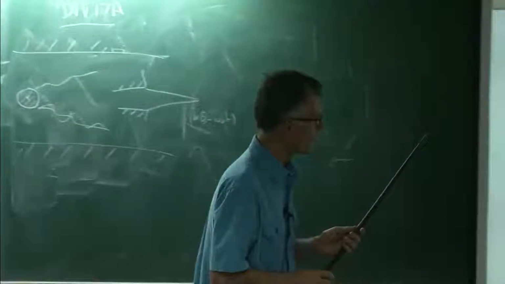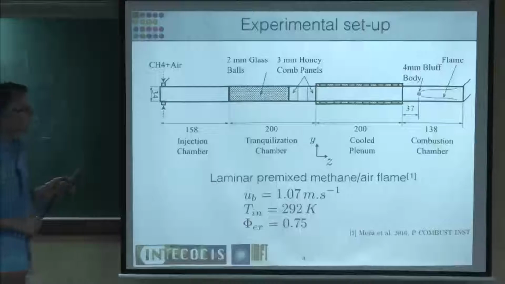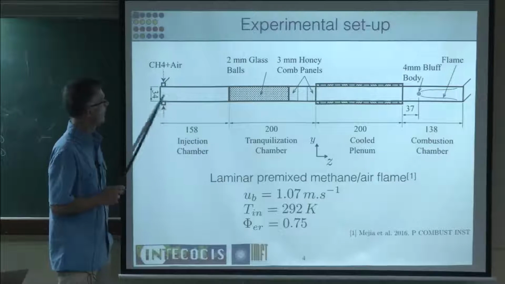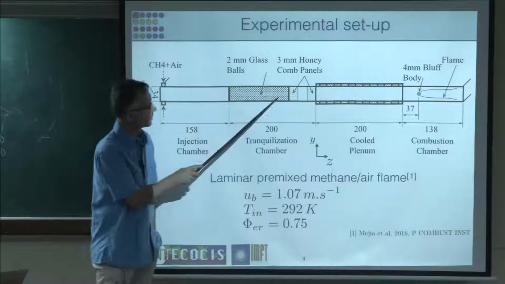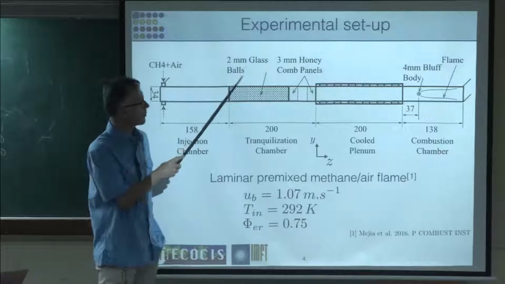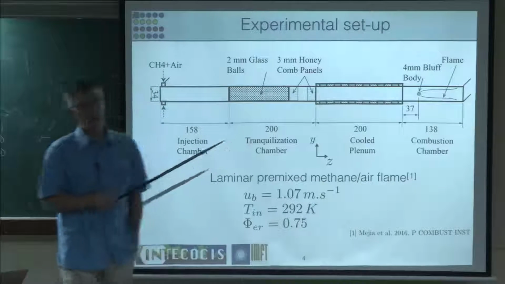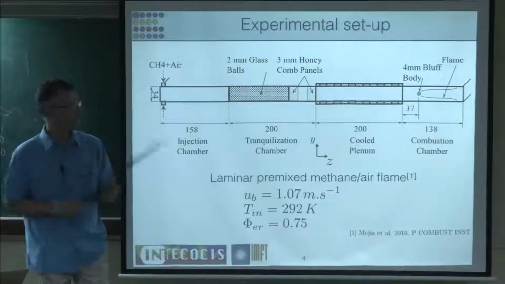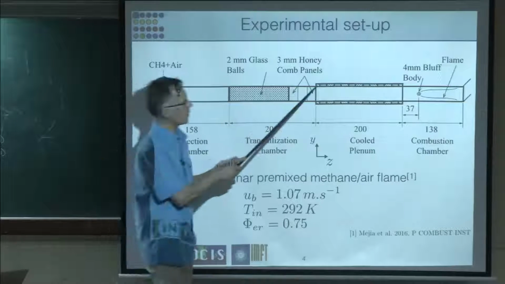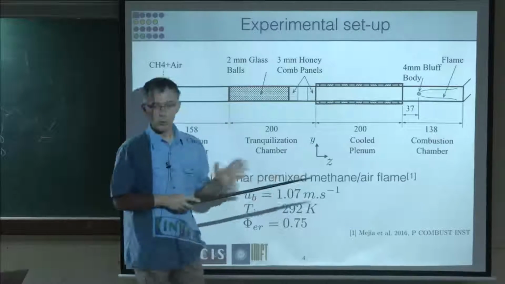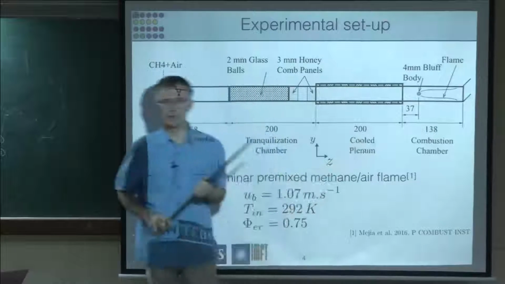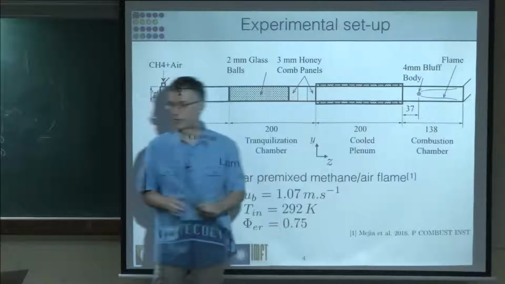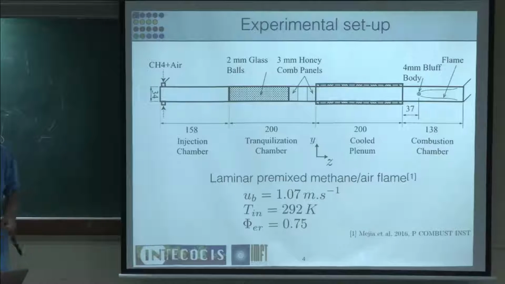So to do that, we use a flame holder, and a very simple experiment that you can do easily. You inject methane and air. So here it's premixed. Here you laminarize the flow using glass balls and honeycombs, which also act, by the way, as flame arresters in case you have a flashback. Here, the whole section is controlled and cooled so that we know exactly the temperature. And here you have one cylinder on which you stabilize the flame. And we can control the temperature of this cylinder. And we can either use a cooled cylinder or an uncooled cylinder.